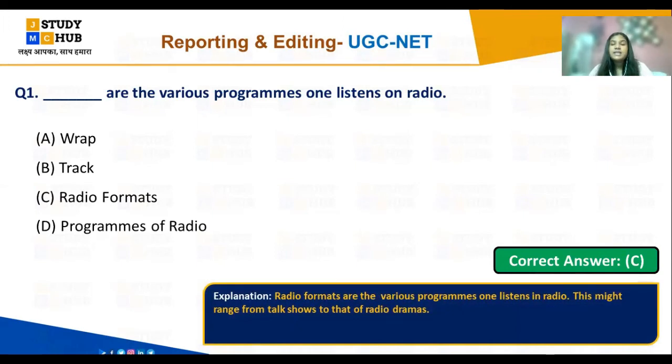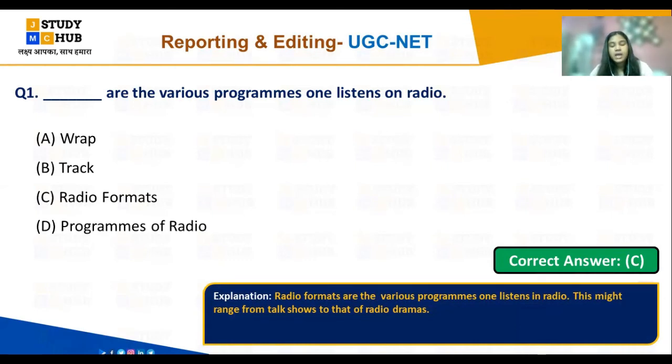Radio formats are the various programs one listens to on radio. This might range from talk shows to that of radio dramas, and talk show being the oldest of all of them. So your option C, radio formats, is the correct answer. So when you fill in the blanks, you will get radio formats are the various forms of programs that one